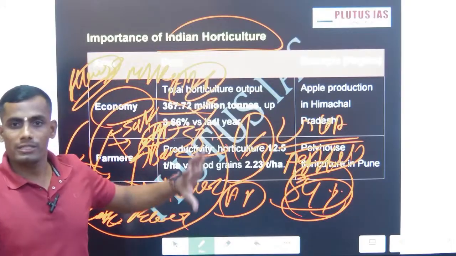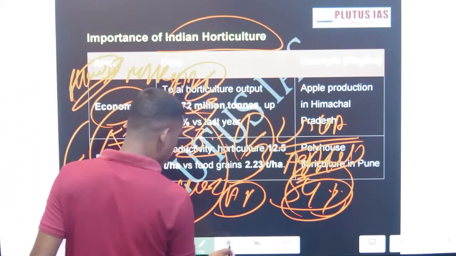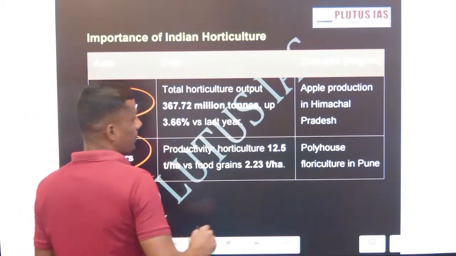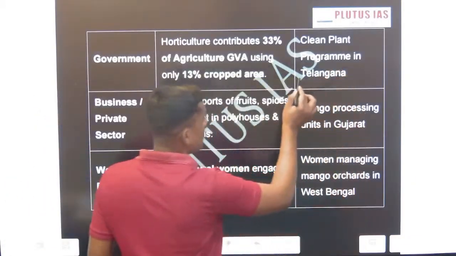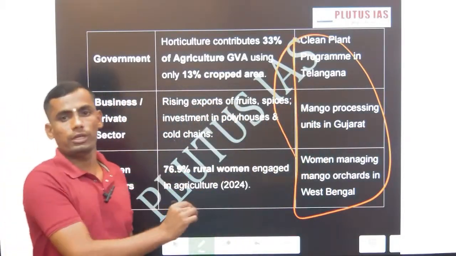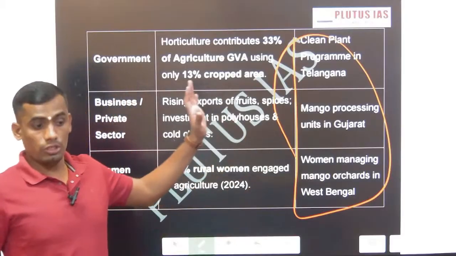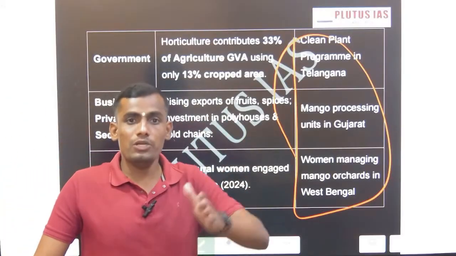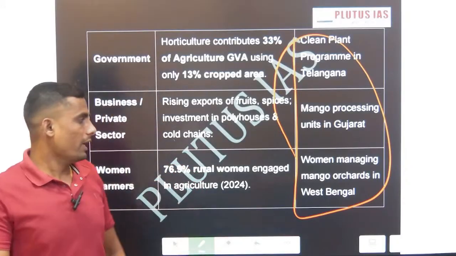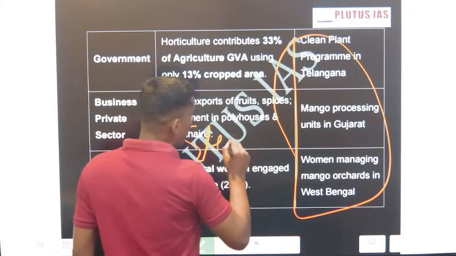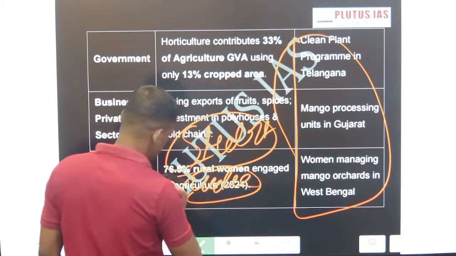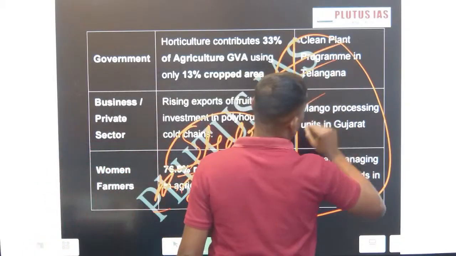And how horticulture is supporting India's economy overall, the contribution of horticulture is this: the economy, farmers producing in polyhouses. I have specifically mentioned, see guys, these are examples you can directly put in your answer. This shows your approach from theory to practical. Generally I hear students ask, sir, what is value addition? This value addition is nothing but connecting your theory with practical.